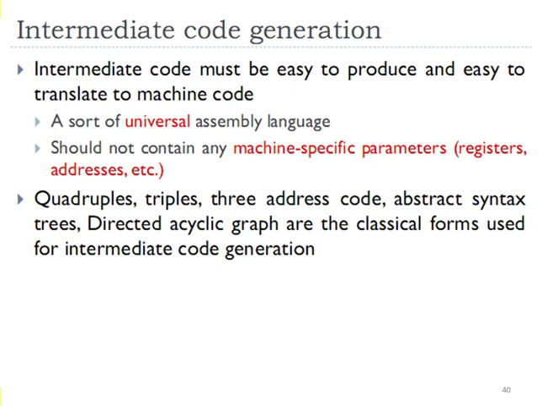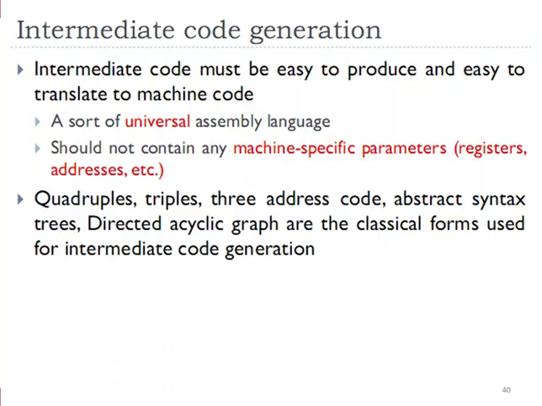So for having an intermediate code with such features, we may sometimes use a sort of universal assembly language. So an intermediate code is sometimes represented by a universal assembly language, and that